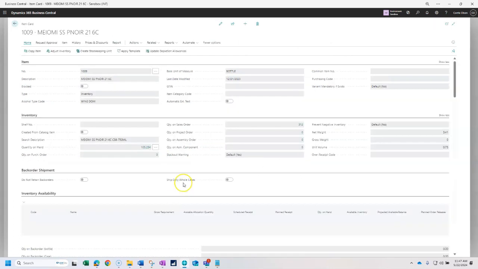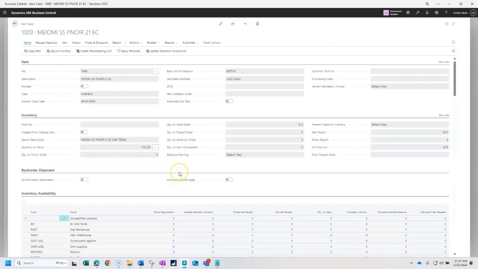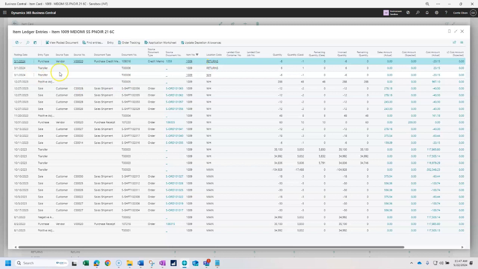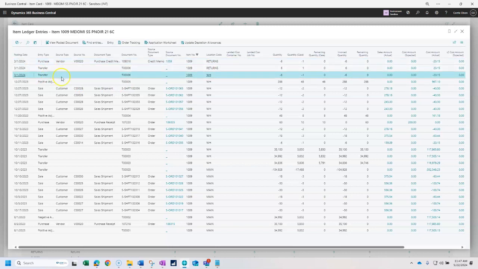In the bad bottle setup, you name a virtual warehouse that you want to store these bad bottles. In this case, I have named that virtual warehouse returns. What I did was a reclassification journal, which is kind of like an inventory adjustment, but I just moved it. I received the inventory into my warehouse because that's normally what happens. And then I moved that inventory into a returns warehouse location. That means it took it out of my on-hand inventory for this item, moved it to a different location